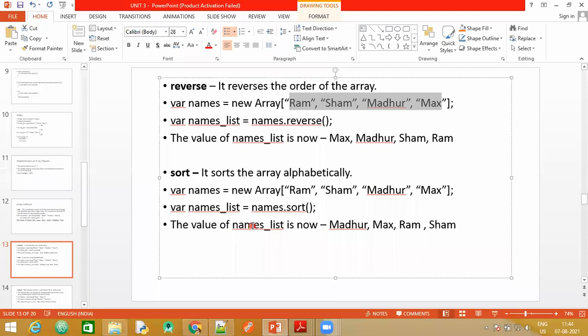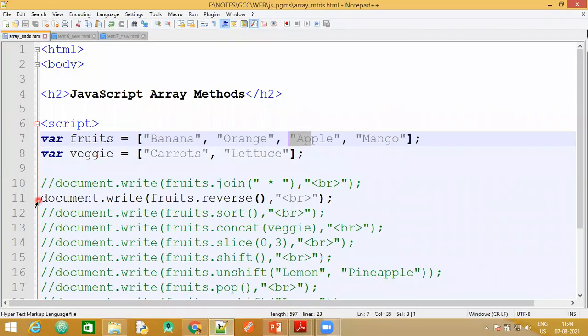The third method that we have is sort. It will help you to sort your array alphabetically. If it is numbers, then you can sort the array in ascending or even descending order. We will stick just to alphabets here, wherein we are able to sort it alphabetically. The way to use this is again similar. Make use of the array name, dot operator, and the sort method. Let's have a look at the output for this.